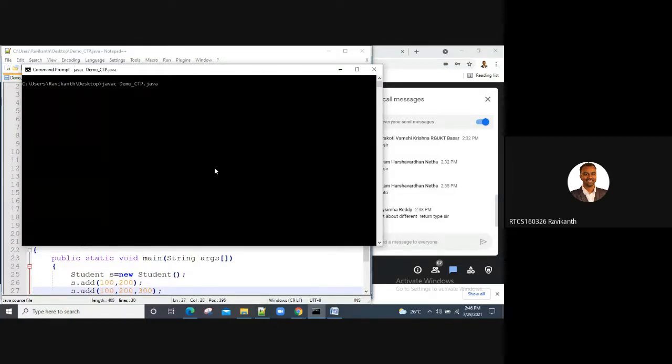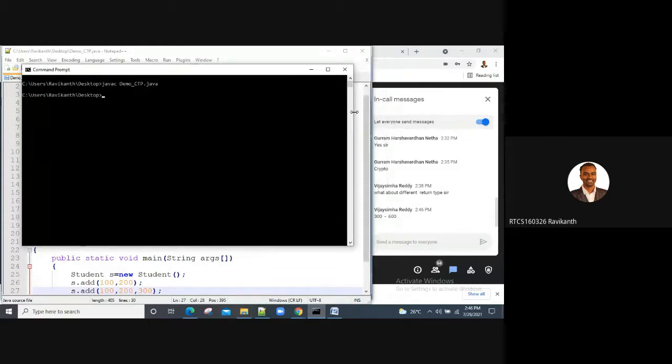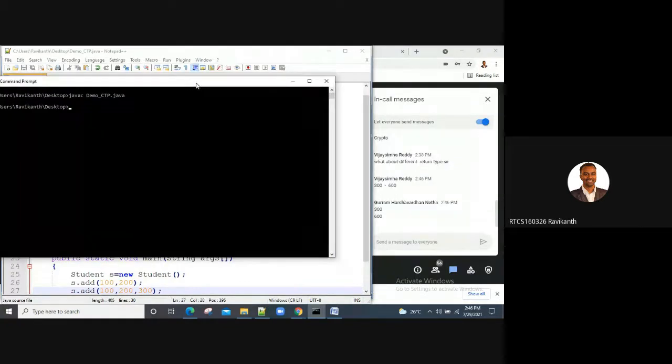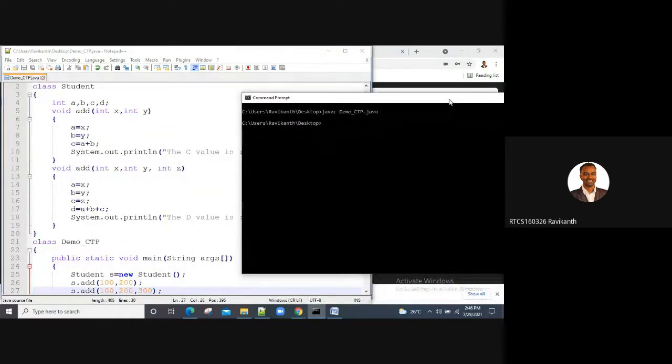What is the output you are expecting? Do we get any runtime error here or compile time error? Of course, we have not got any compile time errors. Any runtime errors you are expecting, guys? Output. Okay, Vijay says 300 to 600. Okay, 300, 600, fine.